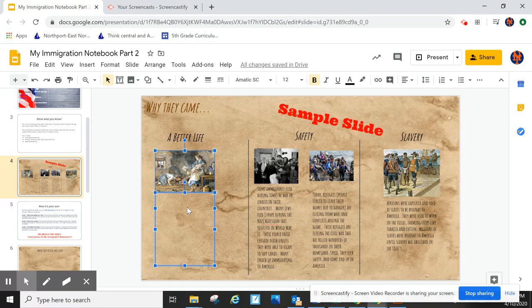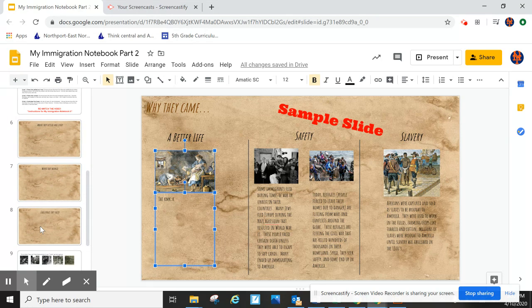You're going to double click in the text box, and you're going to start to type in the text box whatever it is that you want it to say. And again, you are telling the story. Look at my text boxes. They have 3 sentences in it, 2 sentences, 4 sentences in it. This is not one-word answers. You need to fully explain what you learned from doing this, the reading and the video watching work that you did earlier today. You're going to do this for the 3 slides that you create. And then what you're going to do is go back up here and you're going to share your work for the day